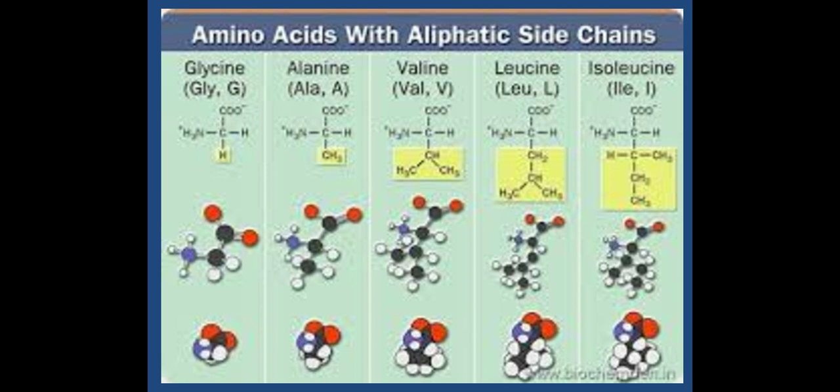Isoleucine. Isoleucine is an isomer of leucine and it is also a branched chain amino acid. Isoleucine has 2 asymmetric carbon atoms and thus occurs in 4 stereoisomeric forms. The 3 amino acids valine, leucine, isoleucine are quite alike chemically, and they possess a branched carbon chain. These amino acids are essential amino acids as animals cannot synthesize them.